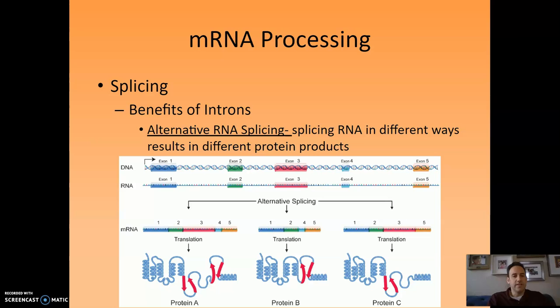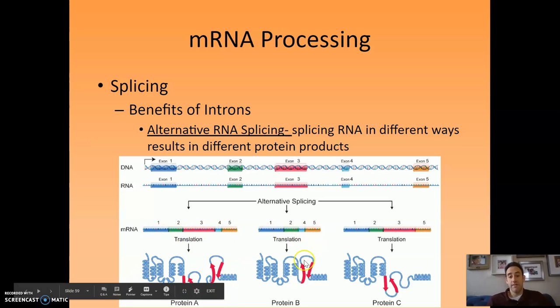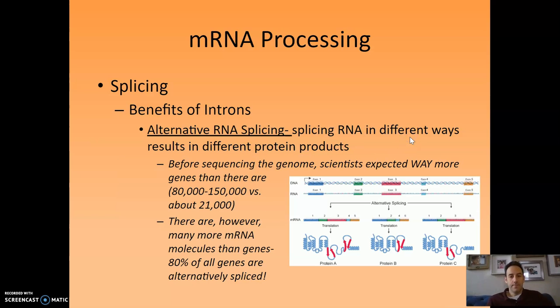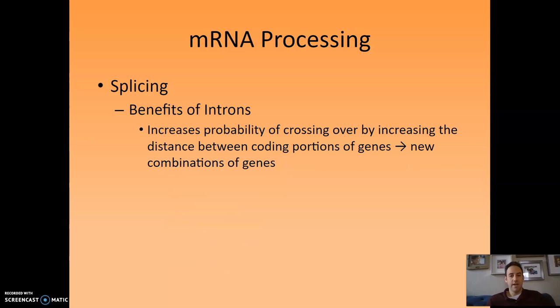Some potential benefits, the answer is we don't really know. Well, actually, we do know at least some of the benefits of introns. One major benefit is it allows for alternative splicing of RNA. In other words, we can take these 5 exons and splice them in different ways: 1, 2, 3, 4, 5 to make one protein, or just 1, 2, 4, 5. Get out the 3 and make a slightly different protein. 1, 2, 3, 5 makes a slightly different protein. So by having these introns, it allows us to make multiple proteins from the same stretch of DNA. And this is much more significant than we ever thought. But time is out. So it also